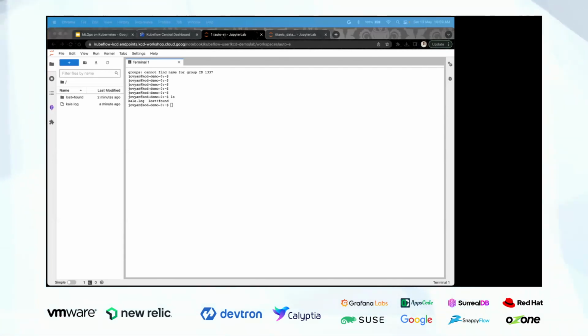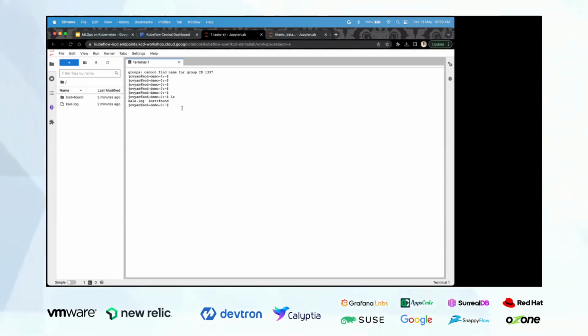And to answer Ashish's question, yes, we're creating a container, and that will create a notebook. So what you see right now here is basically running inside a container. Okay, we can move on.